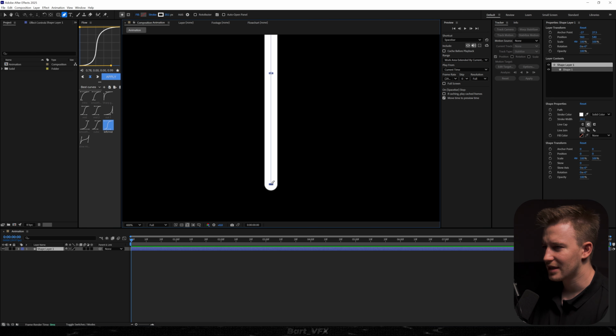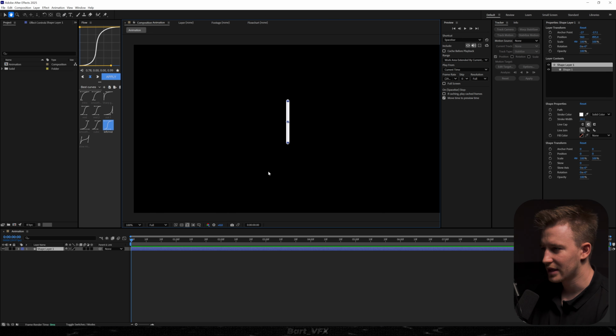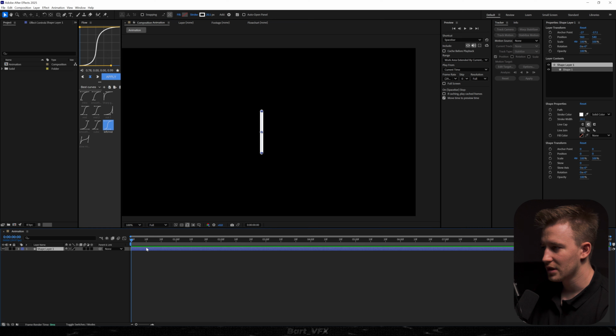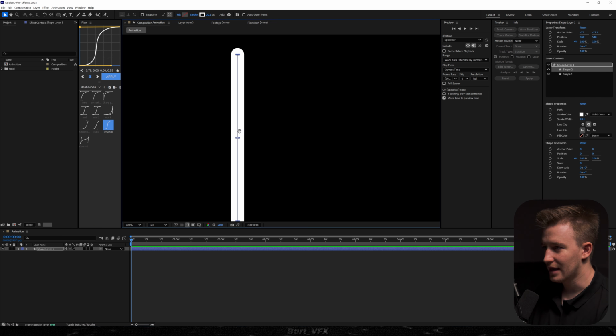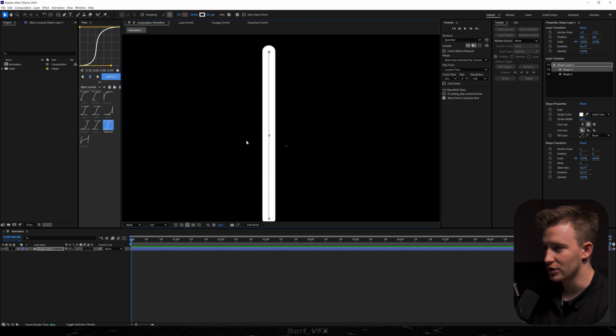And honestly, I feel like it's a bit too big. So for this, I'm gonna just change the size a bit. Okay, something like that should do. We can actually recenter it again. And what I'm gonna do is head over to the shape here and I'm gonna hit Ctrl D. Now we're gonna be able to actually rotate one part, but first what we need to do is make sure